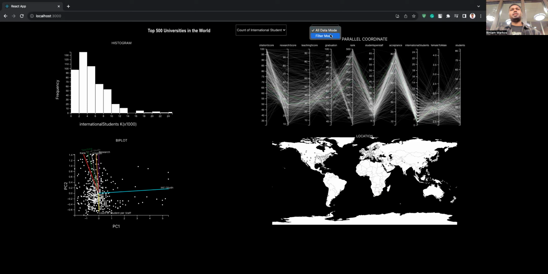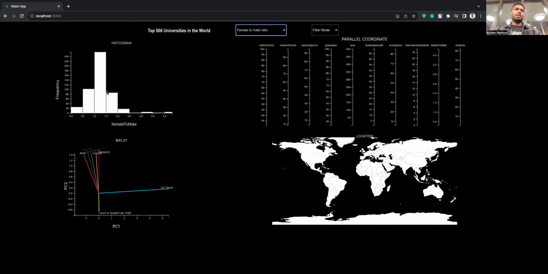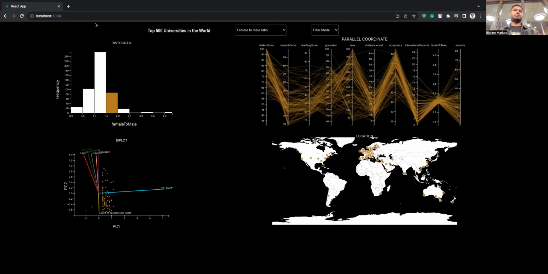The other one is in the filter mode. You can just click any level in the histogram to see the data in other graphs. And there are two filtering or brushing methods. Those are the two filter methods I use. And when we come to the interesting data stories in my lab, the first one is